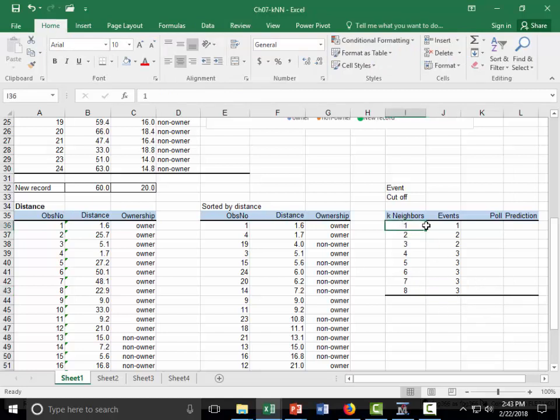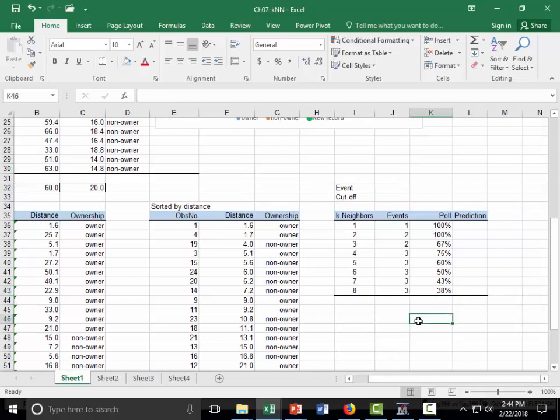Now if I go down, it'll tell you exactly how many owners you have as you go down k. If k equal to 1, you have one event. K equal to 2, 2. K equal to 3, you have only 2 owners. K equal to 4, 3. And then 3, 3, 3, 3. So the pole here, pole is the proportion. How many owners are there as you go down k? So the number of events divided by how many neighbors you consider. So event here is owner,